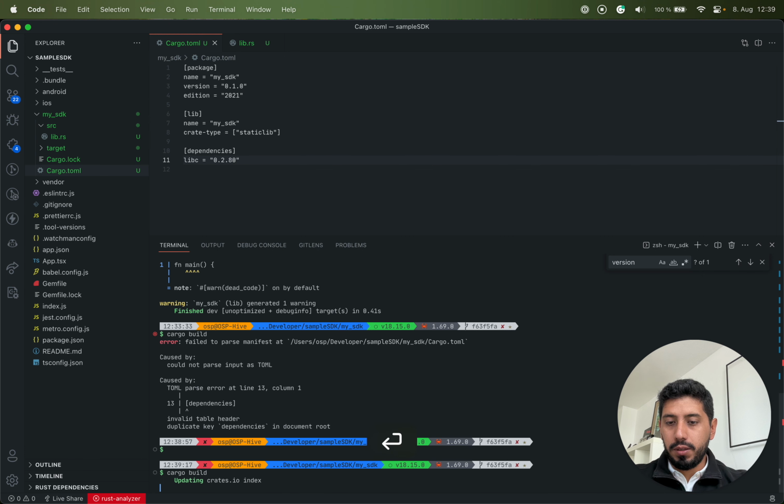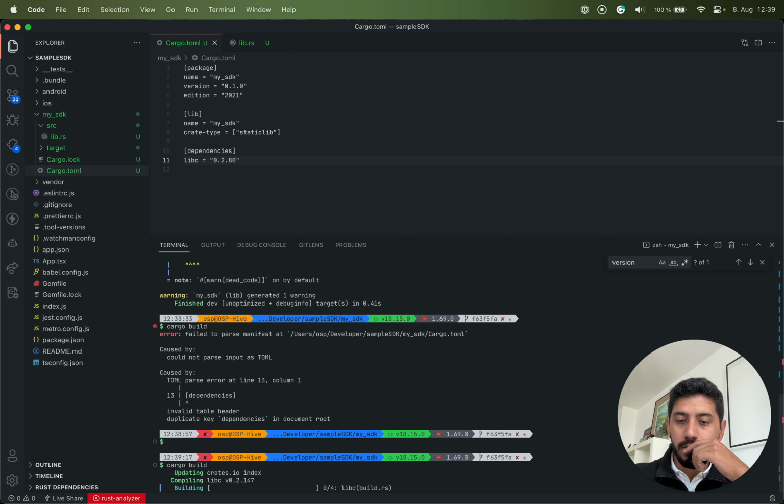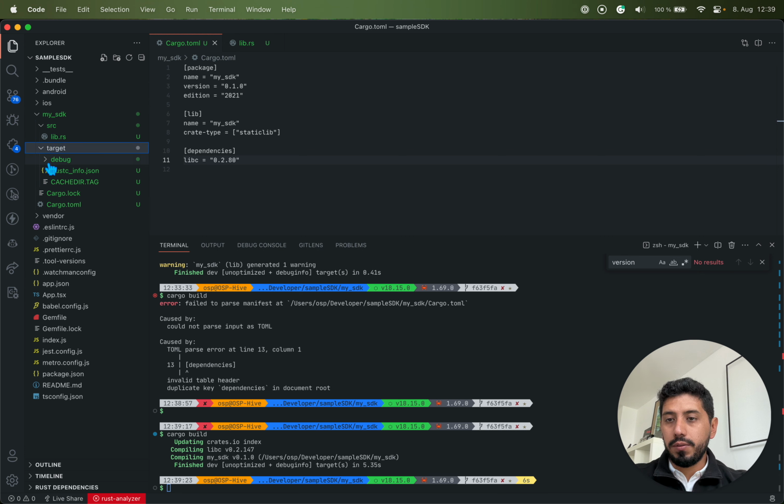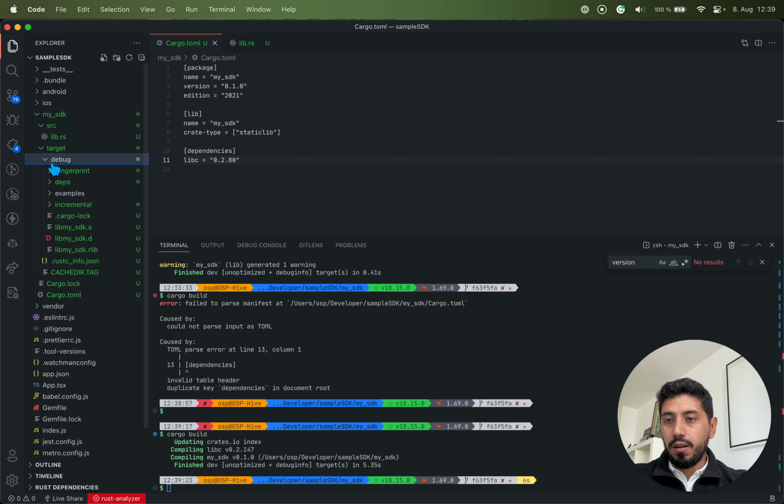Why do I have the duplicate key? Good. So good, it has compiled. So now we can see here we have a target folder, and we have debug